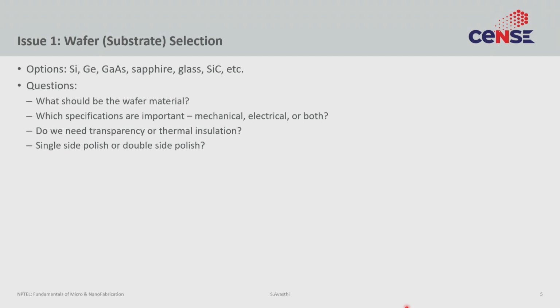It's very important to consider this. If you can make gallium nitride on silicon, you can also make gallium nitride on sapphire, and on silicon carbide. Which one should you choose? It depends on your application and specifically thermal load. Do you want single side polish or double side polish? If you are just planning to do lithography on one side of the wafer, maybe single side polish is enough. But if you are planning to do lithography on both front and back, maybe you should start with a substrate that is double side polished.